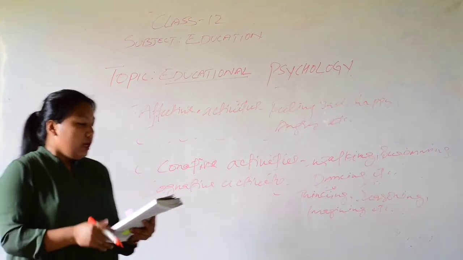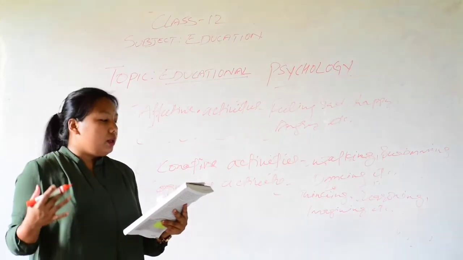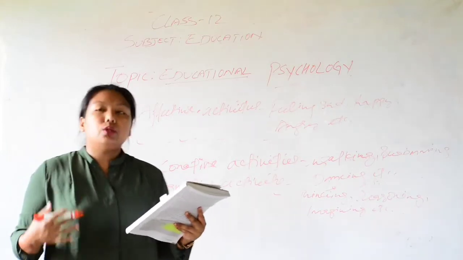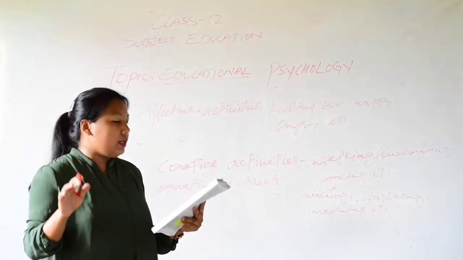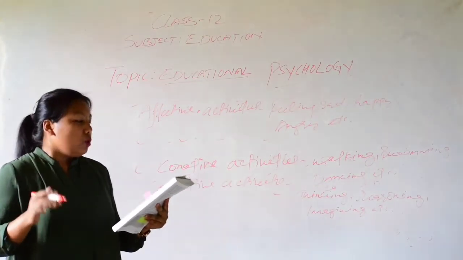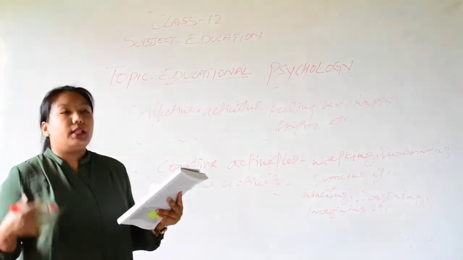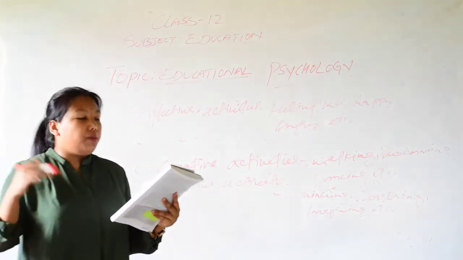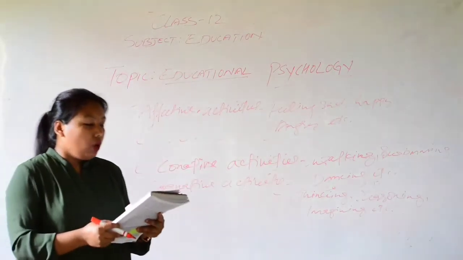Okay, the second point, behavior is concerned with all the segments of the human mind, that is the conscious, subconscious, and unconscious. Therefore, it covers not only the overt behavior but also the covert behavior or the inner experience. Overt behavior means that which we can observe, for example gestures, facial expressions, reactions, and then the covert behavior, which means the behavior which cannot be observed, or the inner experience.